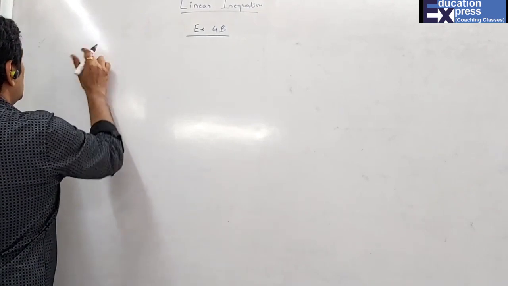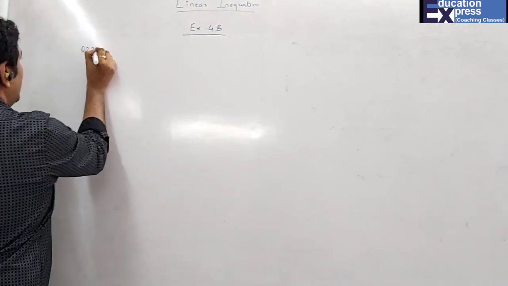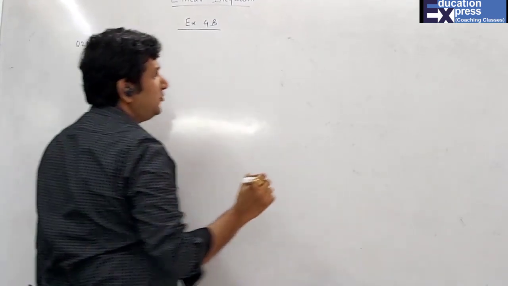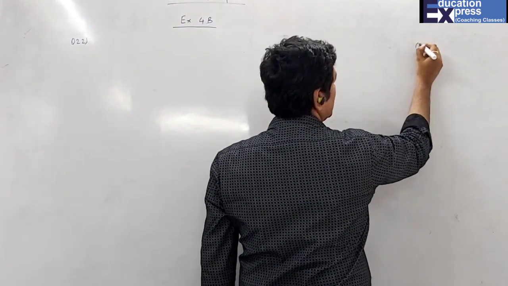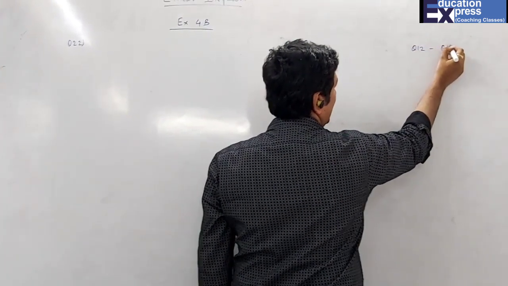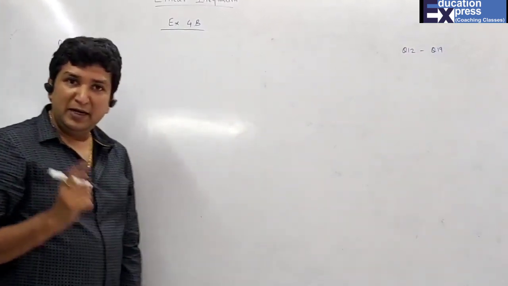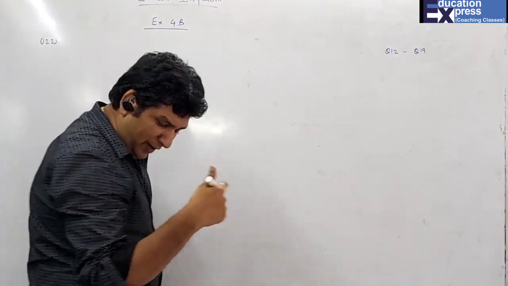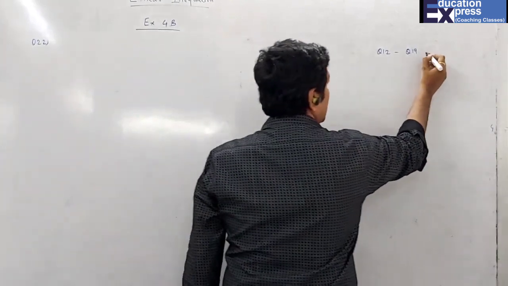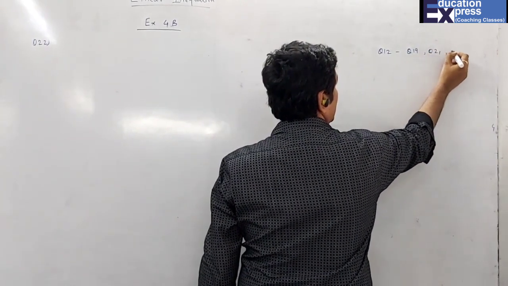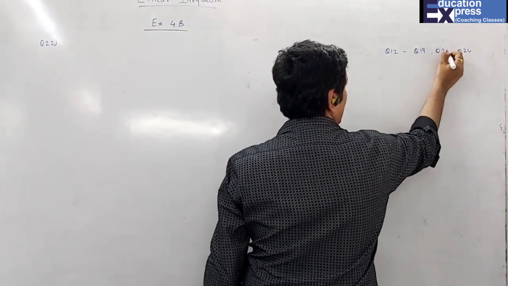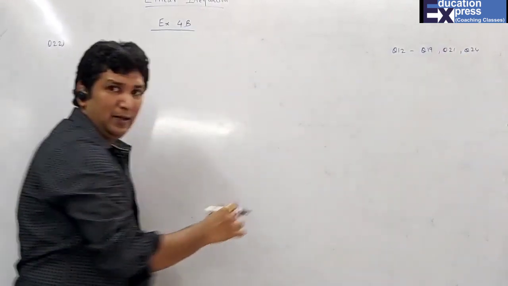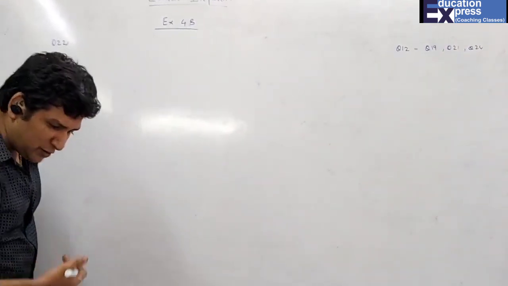Question 22. So students, I have told you earlier also, question number 12 to question number 19 all are with union and intersection. I am left with that sum. Similar sums are question number 21 and 24 also. Question 21 and 24 are also union and intersection only. This I will be doing definitely, but at the end. So now I'm doing question number 22.